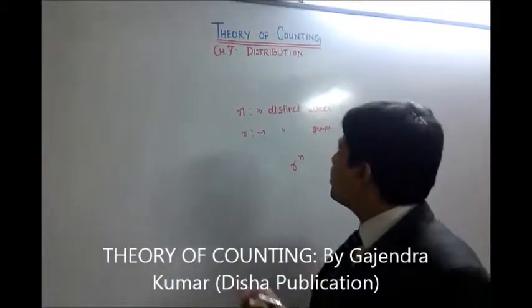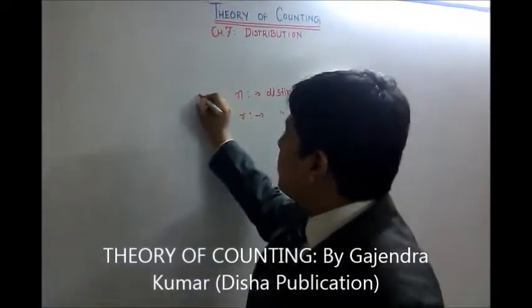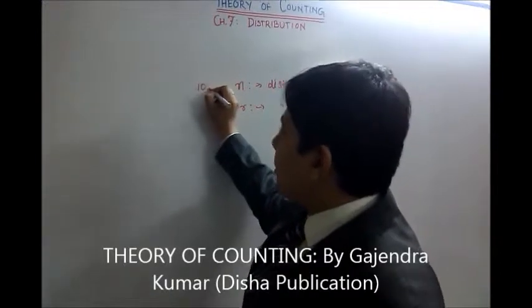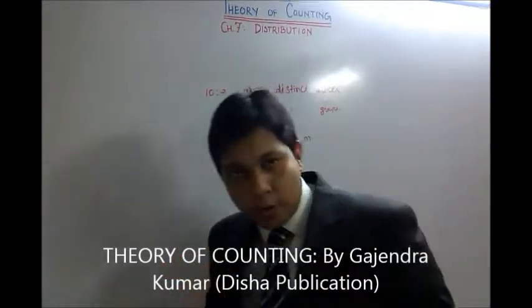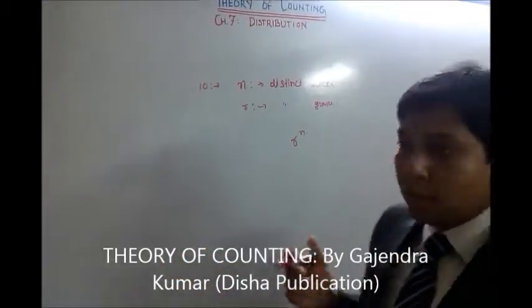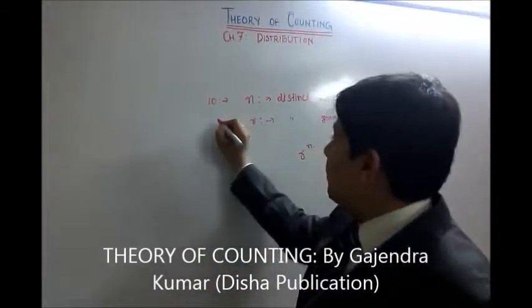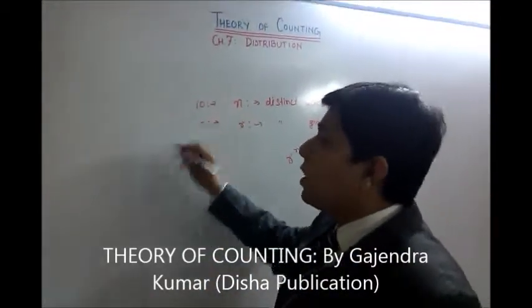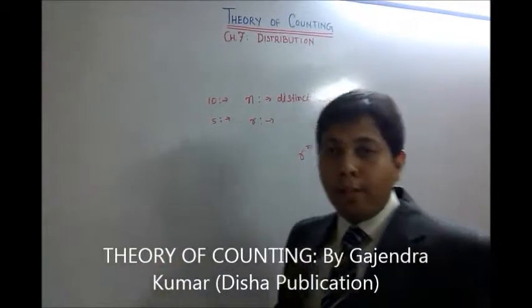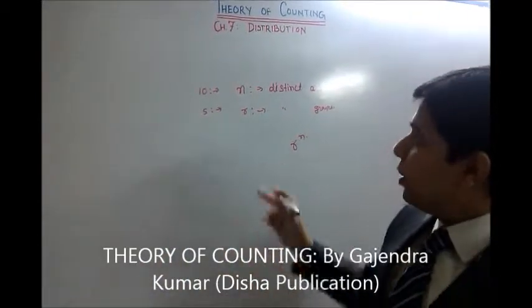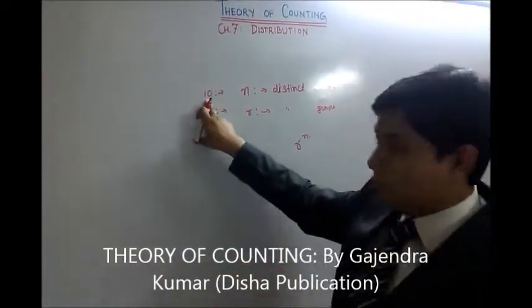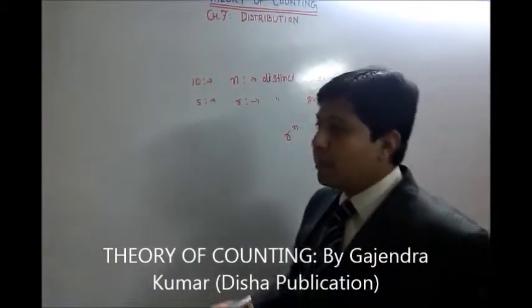Let us understand this with n distinct articles. Let's assume there are 10 distinct students. Students are distinct, so we don't need to mention it separately. We have 10 students and we have to send them to 5 distinct rooms, say room number 1, 2, 3, 4, 5. If we have numbered the rooms, they are distinct. So we have to send 10 students to 5 rooms. How many ways can we do that?